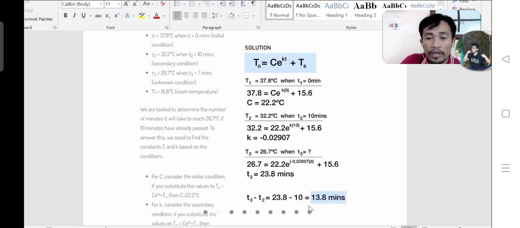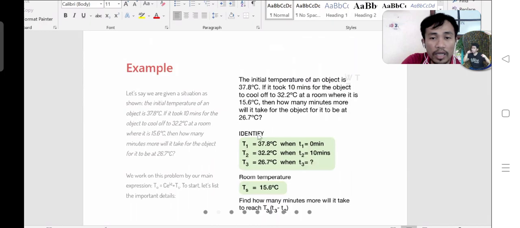So, and then the additional time, so that here's the result. So that the time given, the time that we get is 23.8 minutes. So the question, going back to the question here, the question here is,